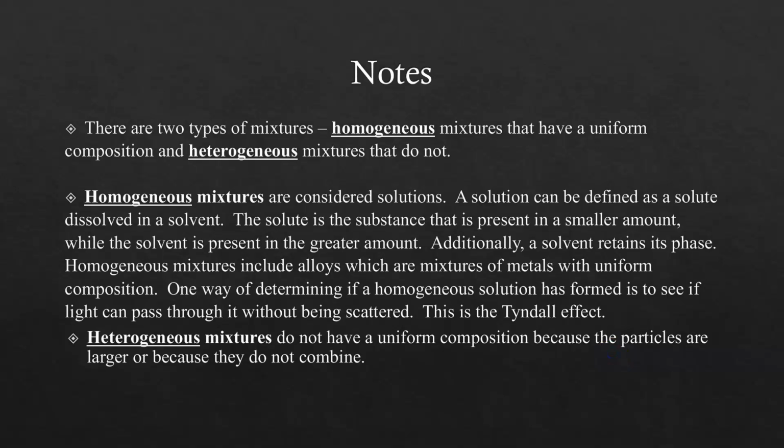There are two types of mixtures: homogeneous mixtures that have a uniform composition and heterogeneous mixtures that do not. Homogeneous mixtures are considered solutions. A solution can be defined as a solute dissolved in a solvent. The solute is the substance that is present in a smaller amount. The solvent is present in the greater amount. Additionally, a solvent retains its phase. So if whatever's dissolving the solute is a liquid, like water, it'll stay as a liquid